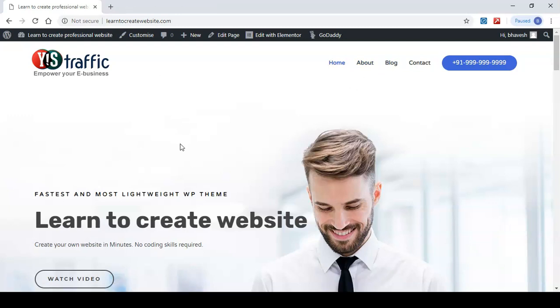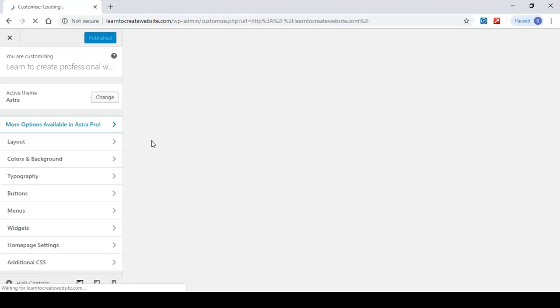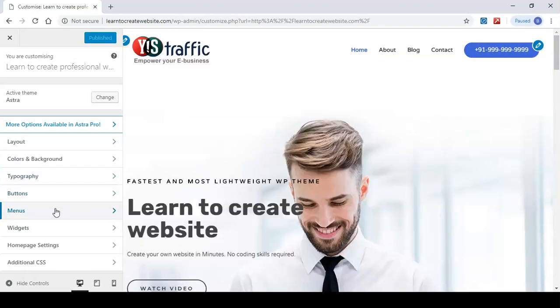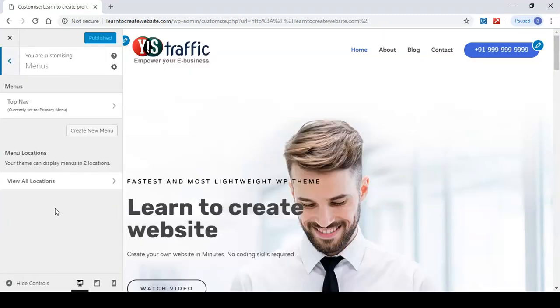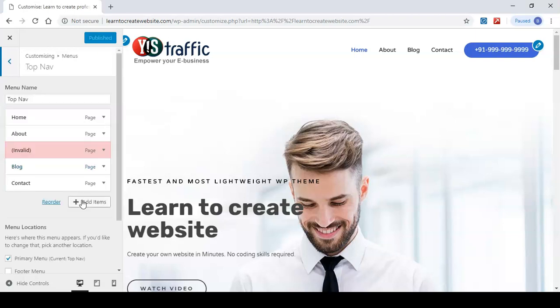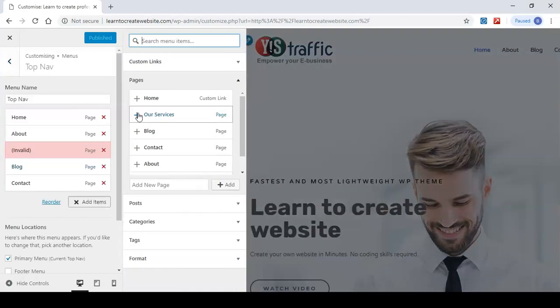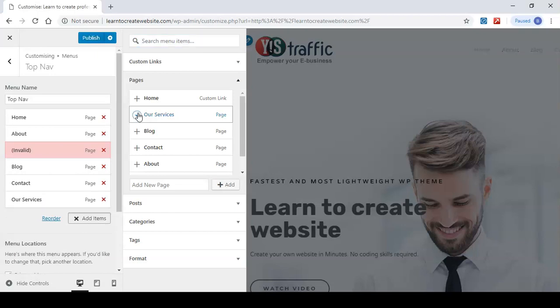Now to add our services page to menu, click on customize. Click on menus, top name, add item and click on plus icon to add our services to menu. You can also rearrange the position of this menu as you want.